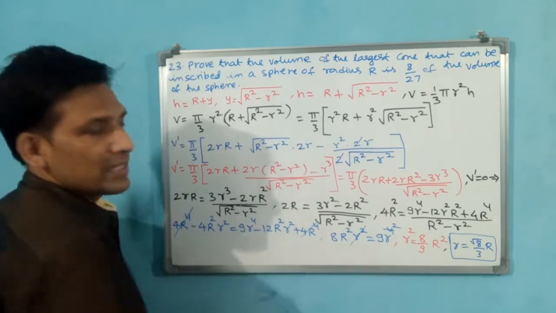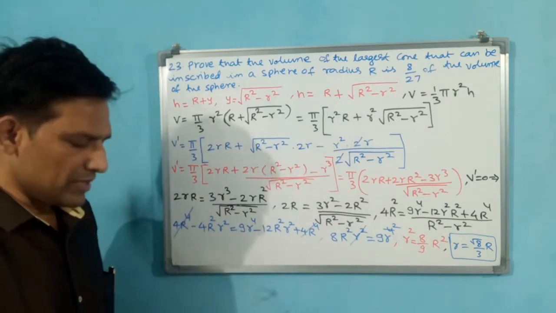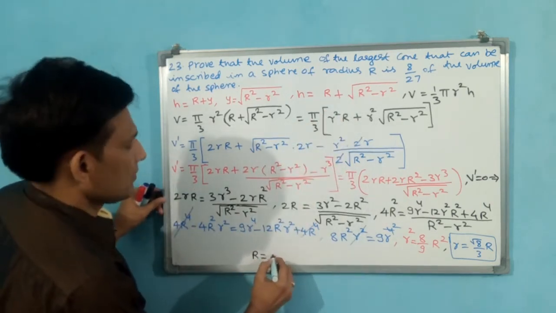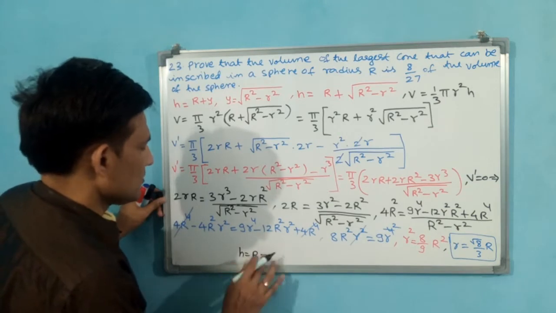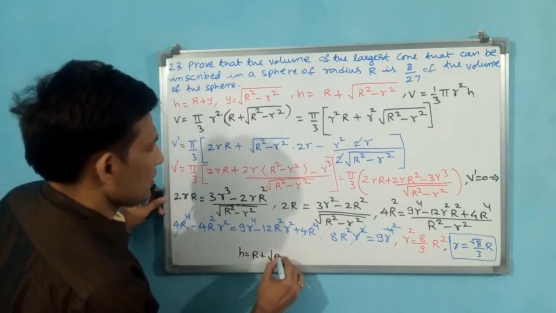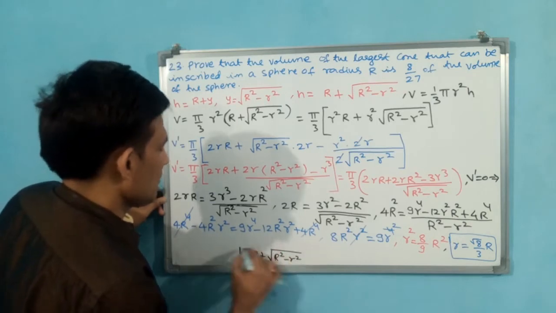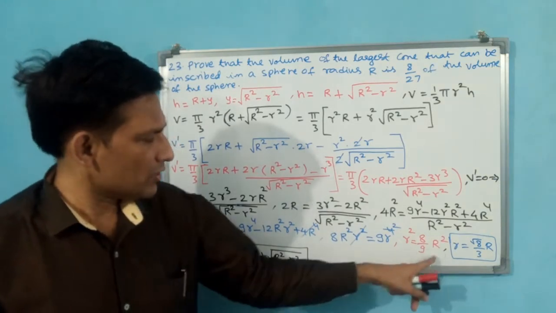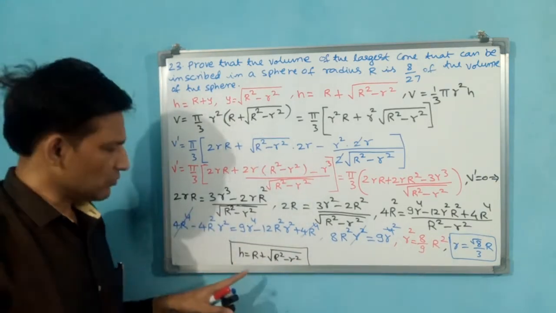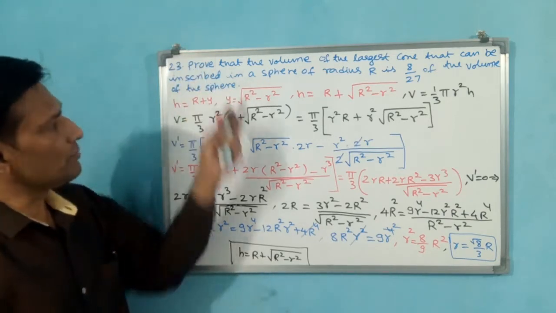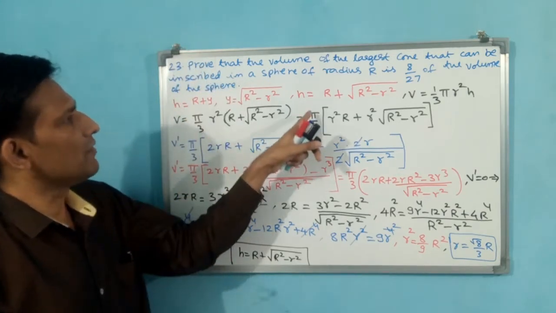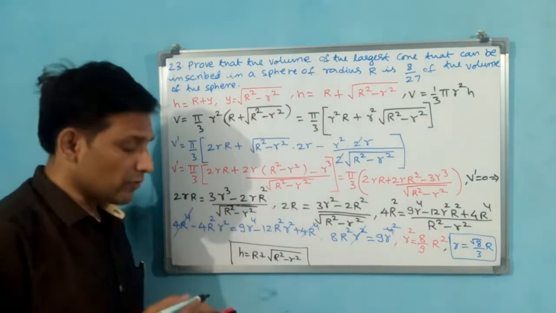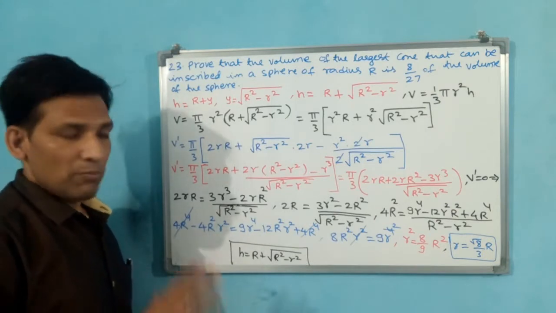This is the formula for H. This formula again I am writing here and we will remove it and do the remaining problem there. Okay. See how I am doing. H is equal to R plus square root of R square minus r square. Okay. See R square is there, r square is there. R square you substitute, then H will come in terms of capital R and small r. Then you substitute in this formula we know already, the volume formula V. This volume if you find, automatically that volume has to come 8 by 27 times. Okay. Pause and note down.